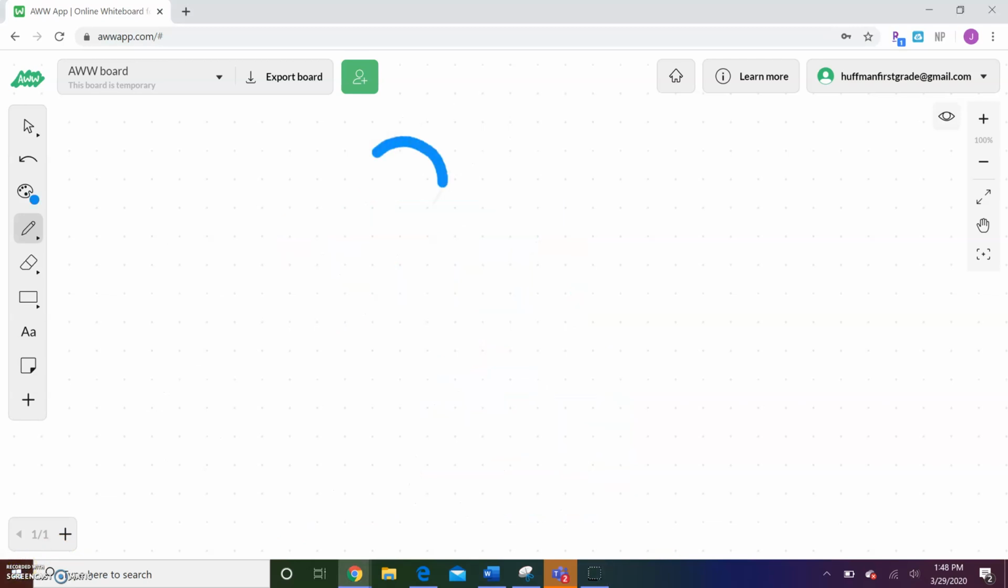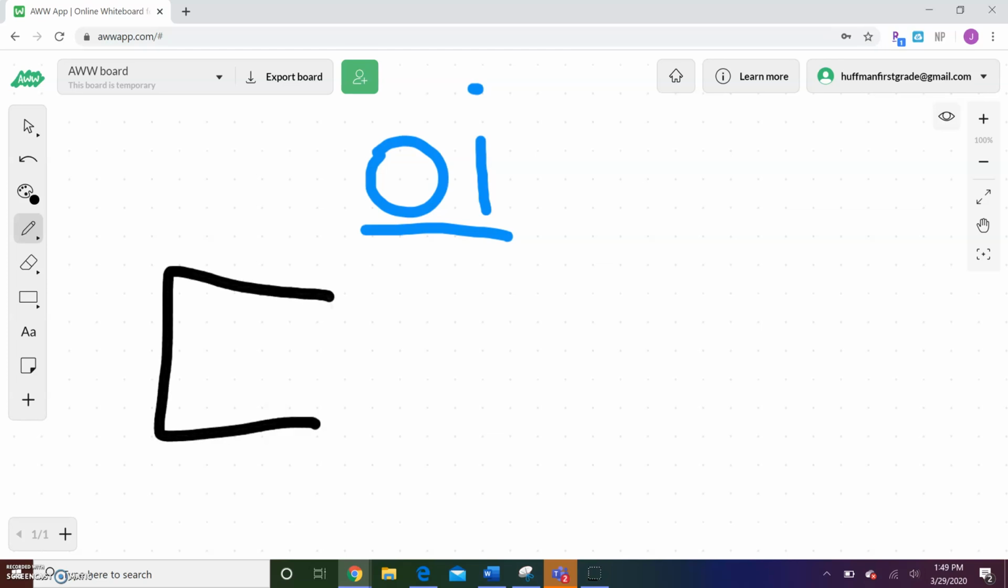Okay, now we're going to go back to O-I. The difference between O-I and O-Y, they both make what sound? Oi, good. The difference is OI is found in the middle of a word. I want to see if you can spell the word coin. K, oi, n. I'm going to make 3 sound boxes for this. K, oi,